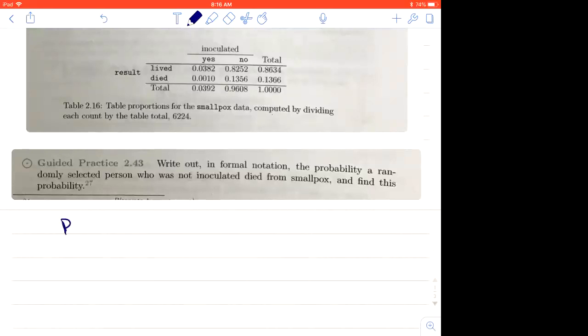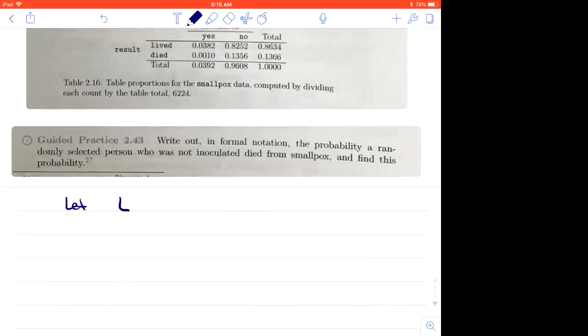The probability, actually, we need to establish some things before I go and use the shorthand, right? We can talk about the results, which is either they lived or they died, or they were inoculated or they weren't inoculated. So we can let L be the event that they lived. So the complement of L, we talked about, the complement of anything is just not whatever it's talking about,